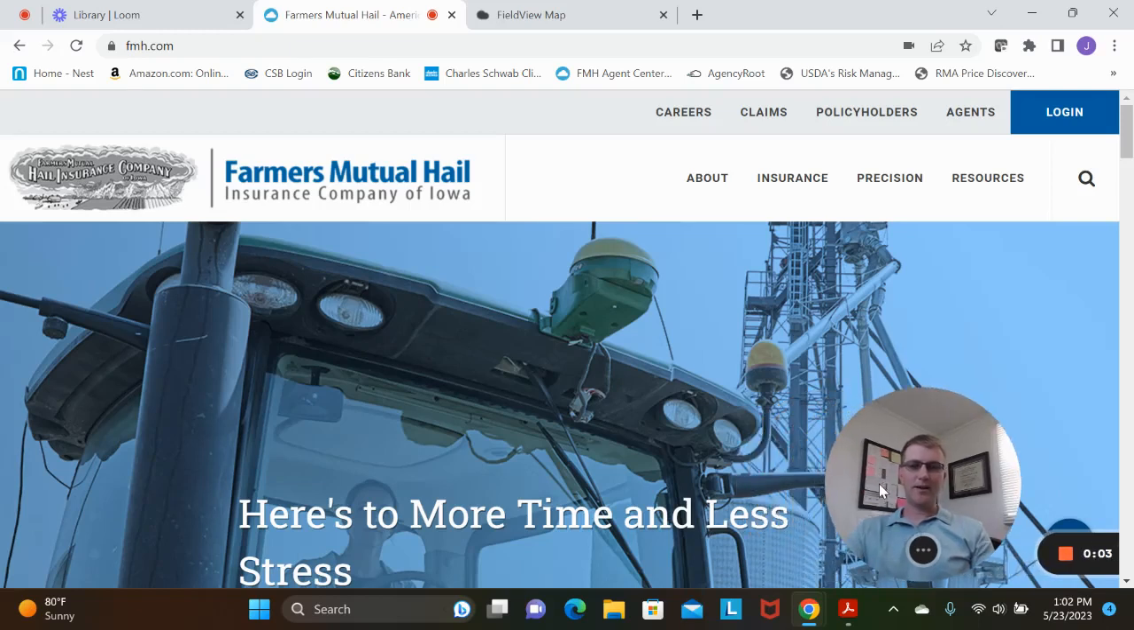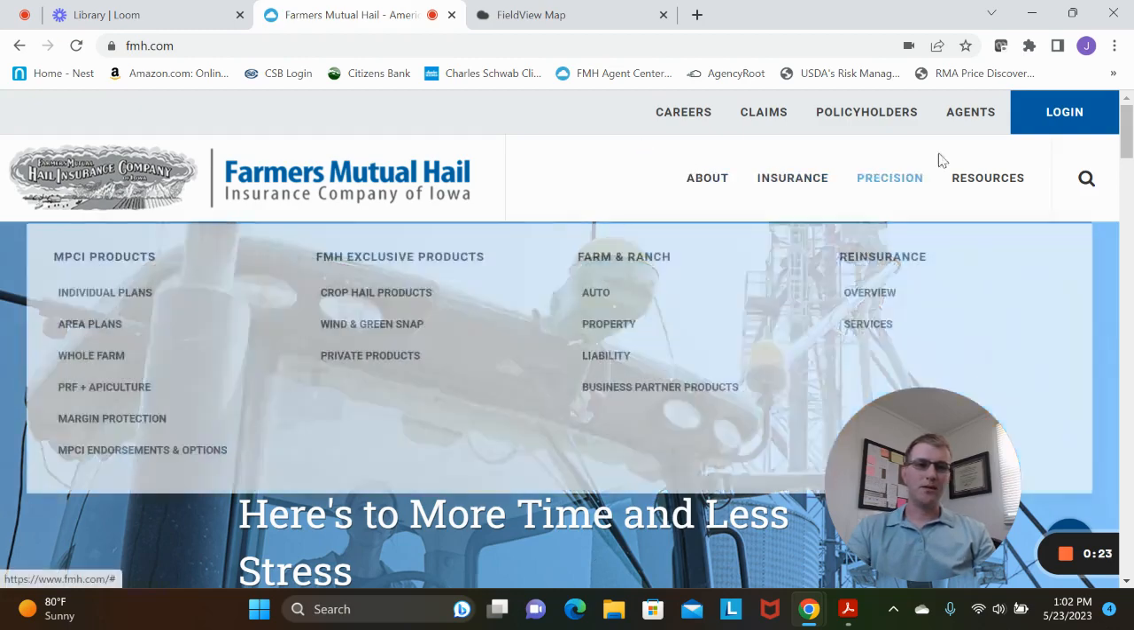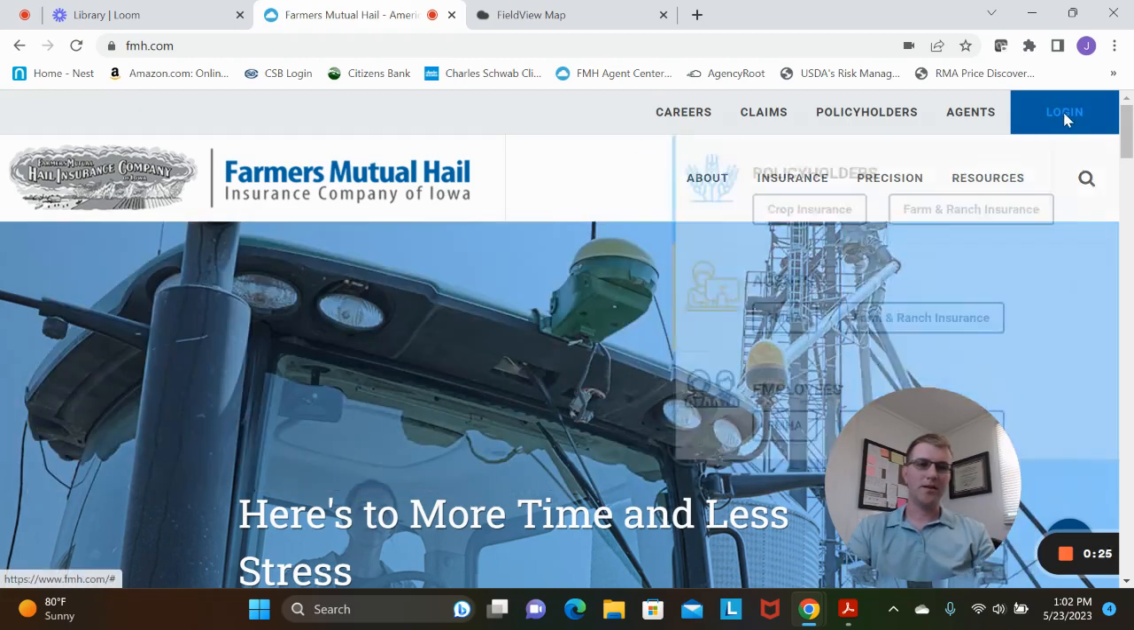Just wanted to hop on here and give you guys a quick update on how to transfer your planting data from your monitor into the policyholder center. I know there's some guys that are using this, and if it's new to you, it's some good info to consider down the road. So the first thing to do would be to log into your policyholder center account by